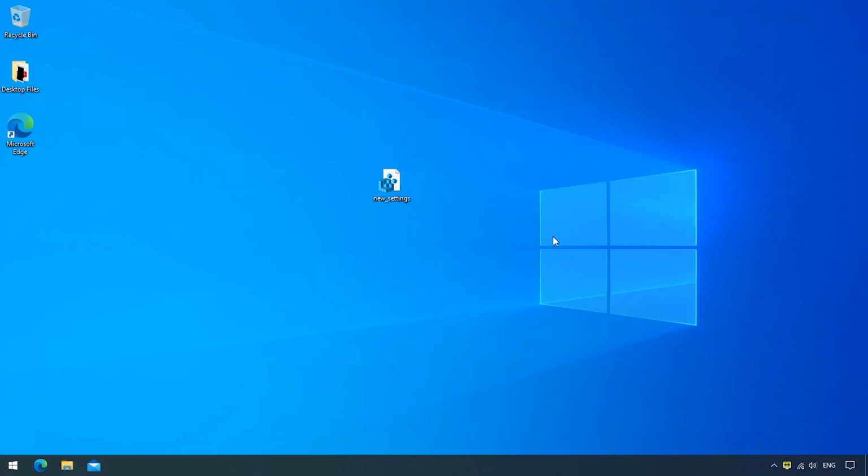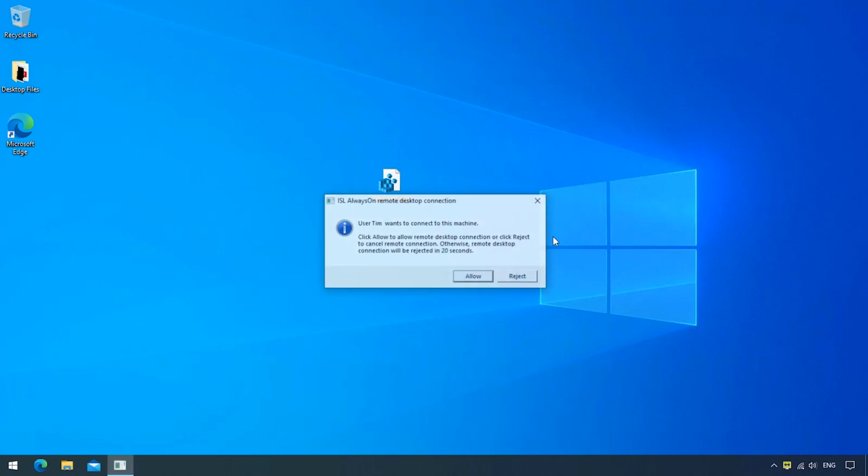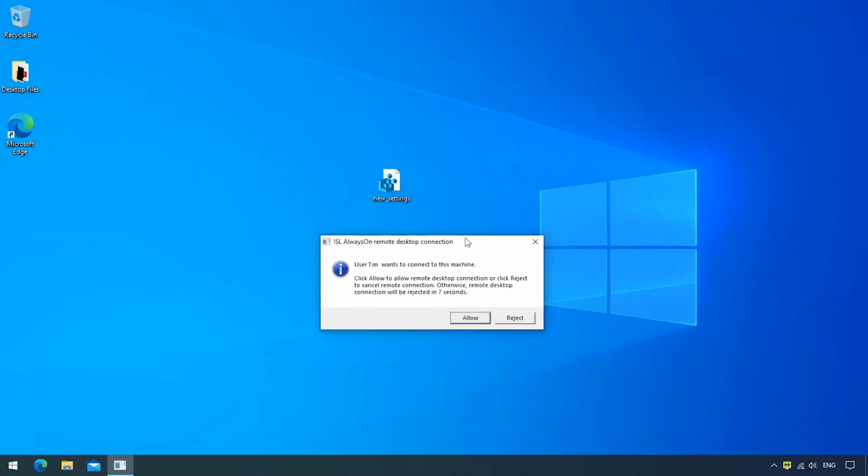From now on, this new machine will get a notification when a remote user establishes a connection along with a 20-second delay. This registry file can also be deployed to multiple machines at once using deployment tools to then adjust the required settings without having to do this manually on each separate computer.